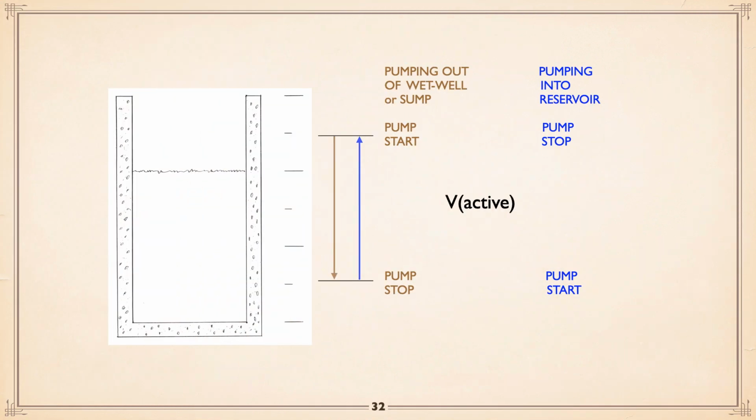To give you a drawing of what we're talking about here, let's say you've got a sewage wet well or something, done in brown for a reason, where the pump would start, where the pump would stop. The volume between those 2 points is the active volume. You need to have that volume to give you the proper cycling rate. Or if you're pumping into a reservoir, between the start level and the stop level, okay? Now,